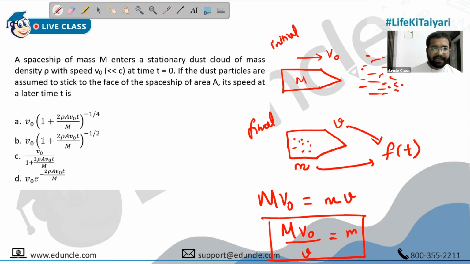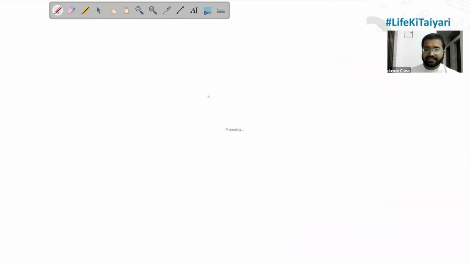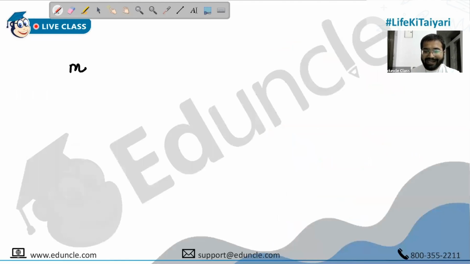Now I can apply Newton's law also. So people, one thing is clear: thrust force has to act in the opposite direction. But you write that the system is moving in the forward direction. So there is acceleration. But remember, technically it will become deceleration, because velocity is going to decrease now. So at any time t,